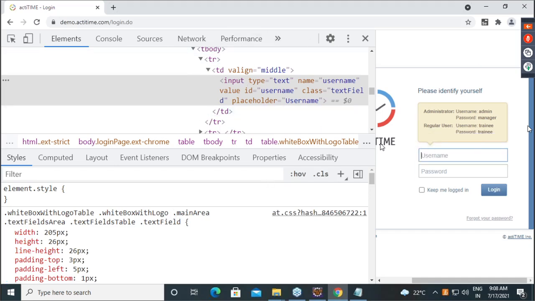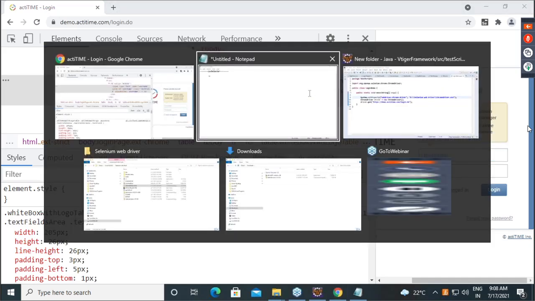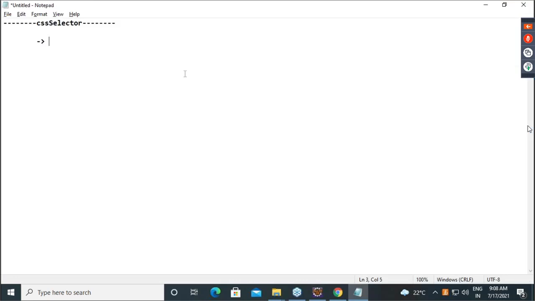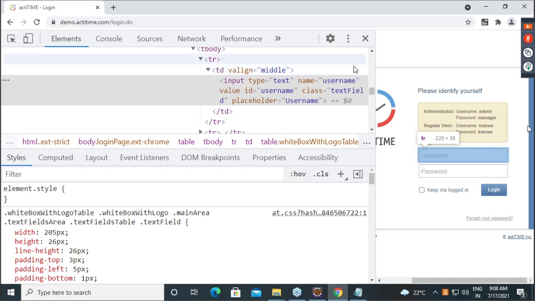Okay. That means if I want to do it with the ID or with a class, how will our CSS selector become? Input, then class equals to, here I will give text field, correct?